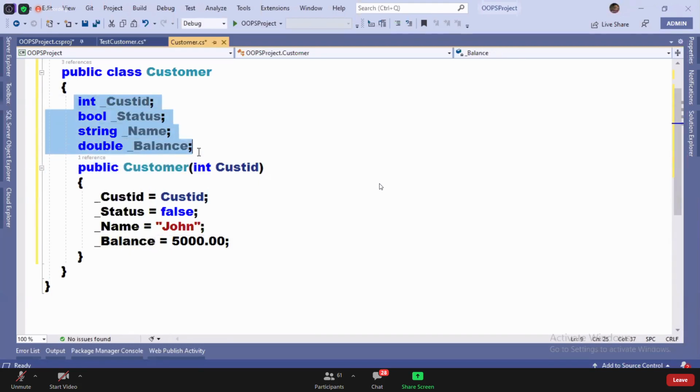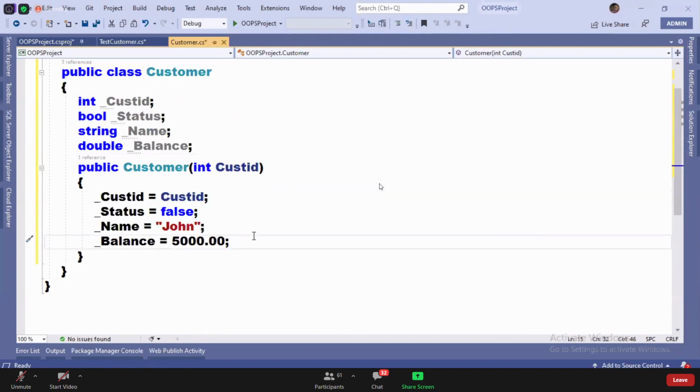This underscore will tell you these particular fields are associated with properties. Are you guys clear? Okay, guys. So this is how you can identify these fields are associated with properties.